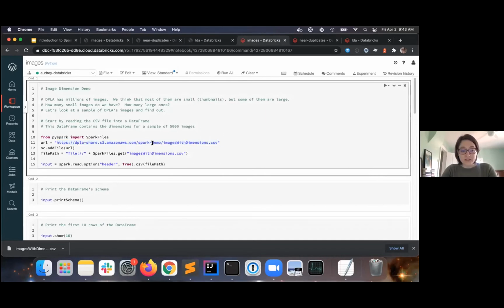So we're just going to read this in. This bit here is just reading this into the local file system so that then Spark can get it. So it's just pulling it from this web address, reading it into the local file system, and then this input statement, spark.read.option, we're saying header true means that the CSV file has a header line. So it's telling it to interpret the first line of the file as headers for the columns, and then csv to the file path. So if I do this,